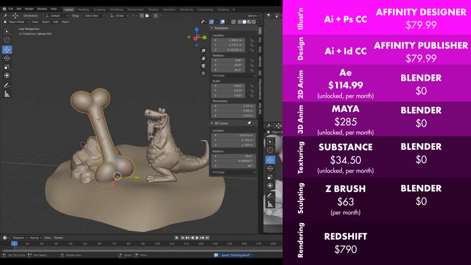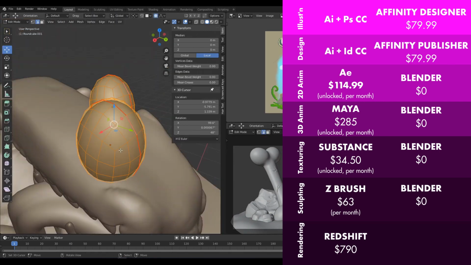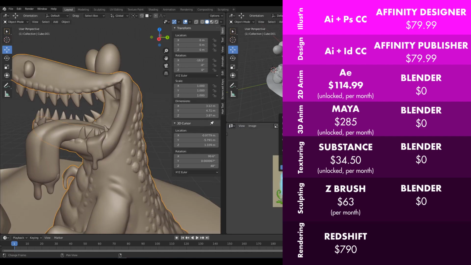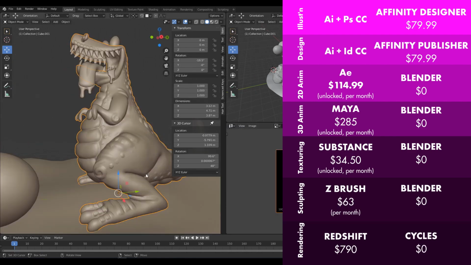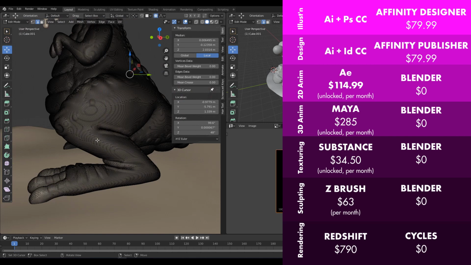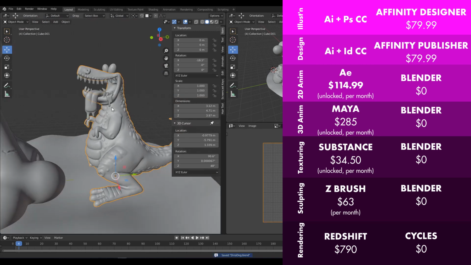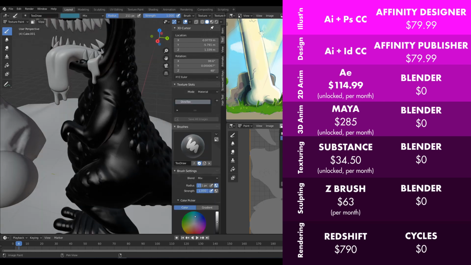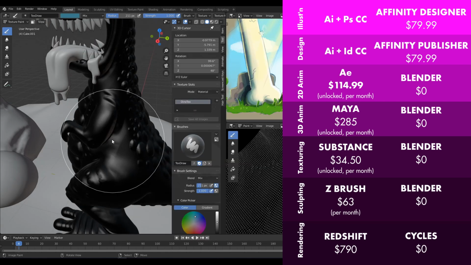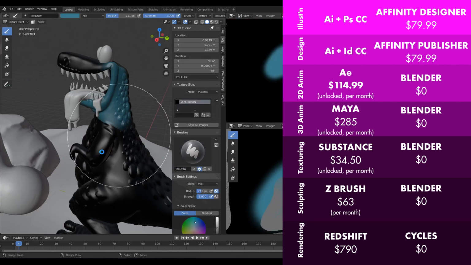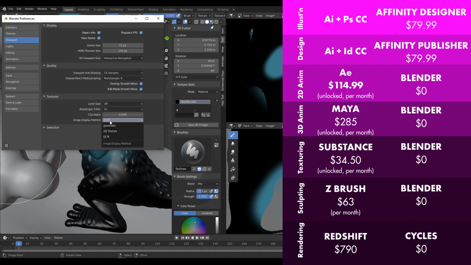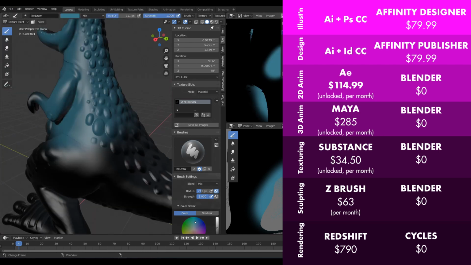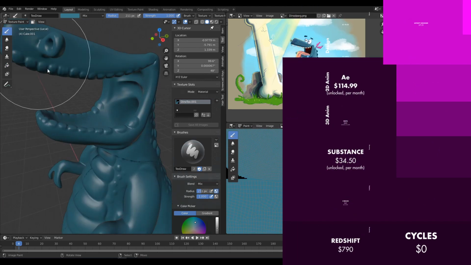And finally, for the production side of things, 3D rendering, again, we're gonna go with Cycles, and that is Blender's native rendering engine. Again, pretty simple. It's good, it's powerful, it's stable, and it's free. It might be a little bit slower than your paid variety, but it's not like you're working to a deadline anytime soon, is it?